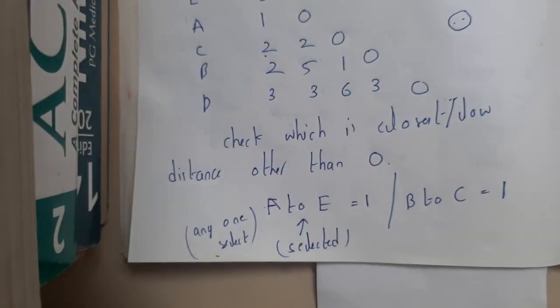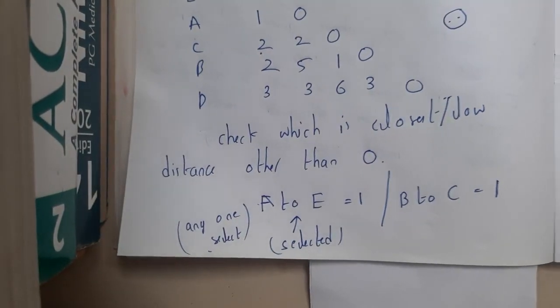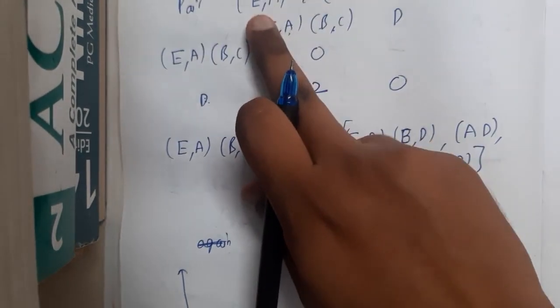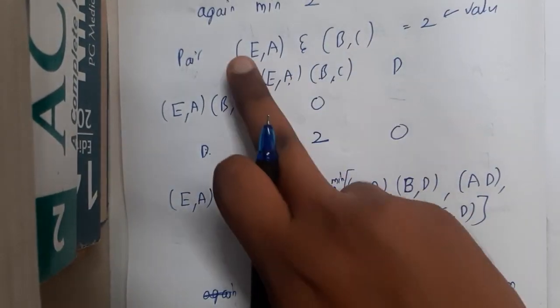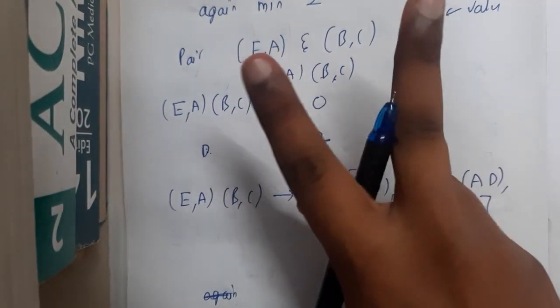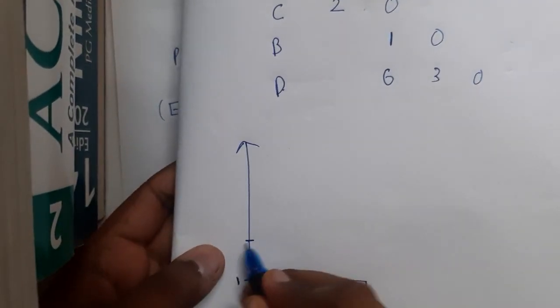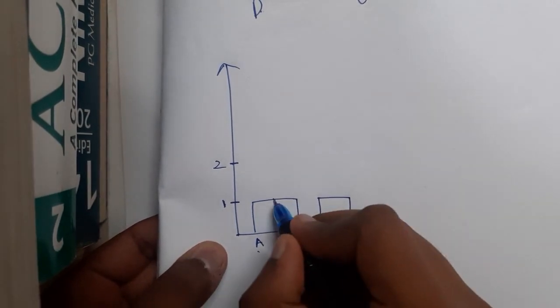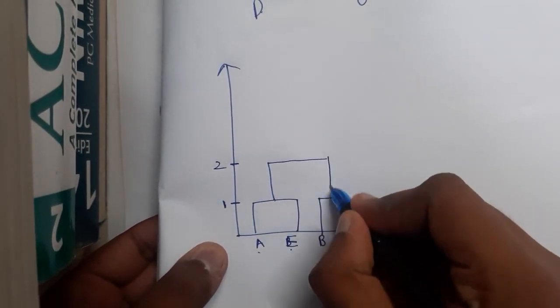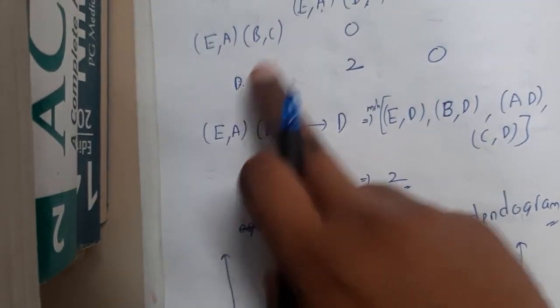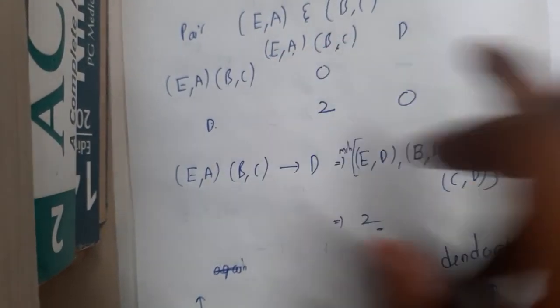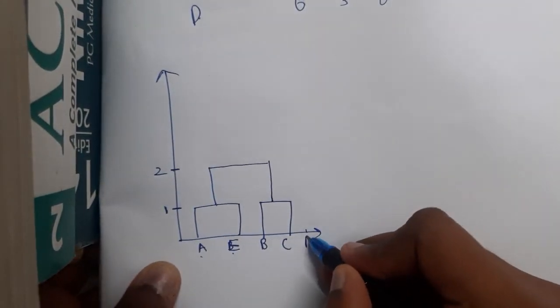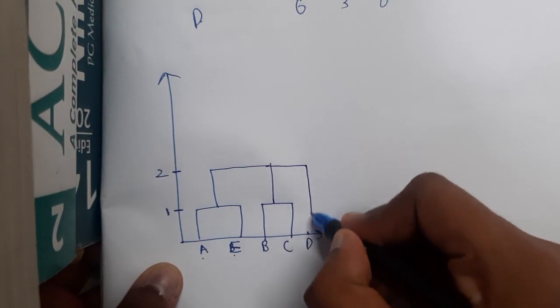And after that, we combined these both, right? So we combined EA and BC, right? EA and BC we combined at value 2 now. So at value 2, you combined these two. AE and BC you combined. After that, what we did at the end, we got here 2. That is nothing but D you combined with EABC. So basically at 2 you combined them. So here let us write a D and at 2 only you combined them. Got it?